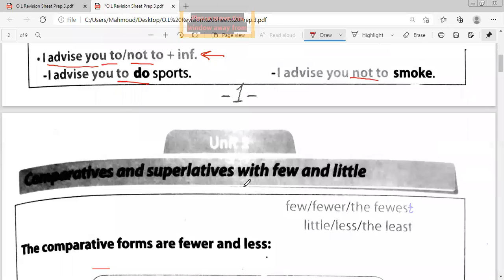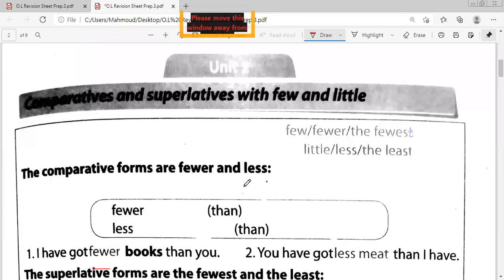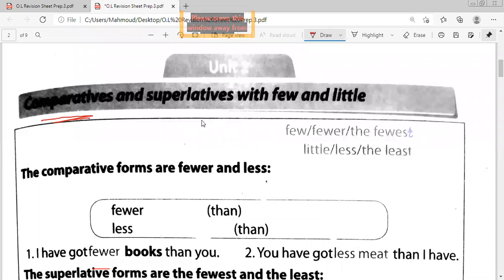What about Unit 2? We are just revising here the structures because it's very important to revise the structures, as you'll find in the exam some questions, of course, choose the correct answer, maybe rewrite, and so on. In Unit 2, we studied together how to form the comparatives and superlatives with few and little. Okay, and we said before that